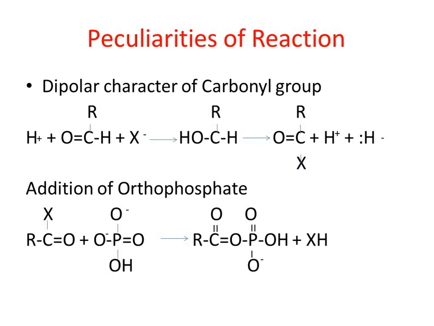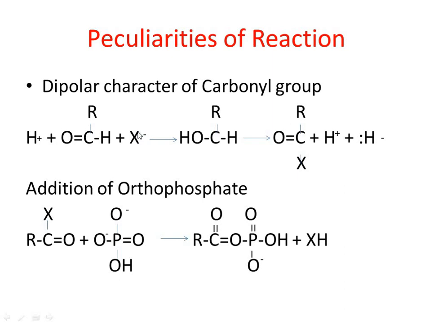The removal of hydride ion from an aldehyde is energetically costly because of the dipolar character of the carbonyl group. The carbon atom of the carbonyl group already has a partial positive charge. The removal of hydride ion is greatly facilitated by making the carbon atom less positively charged. This is accomplished by the addition of a nucleophile, represented here by X negative. This is the X negative, which is a nucleophile here. The hydride ion readily leaves the addition compound because the carbon atom no longer carries a large positive charge.